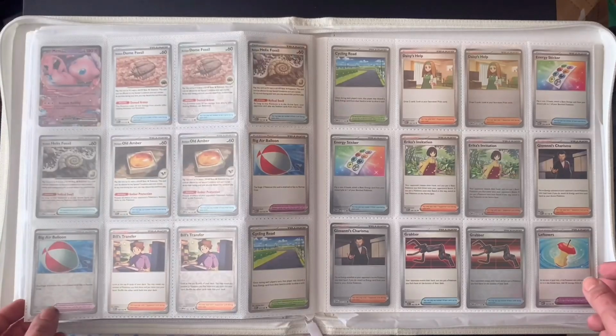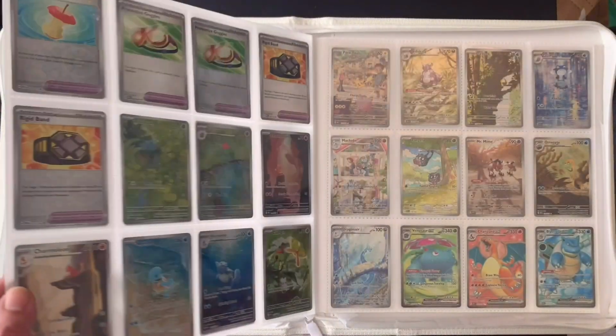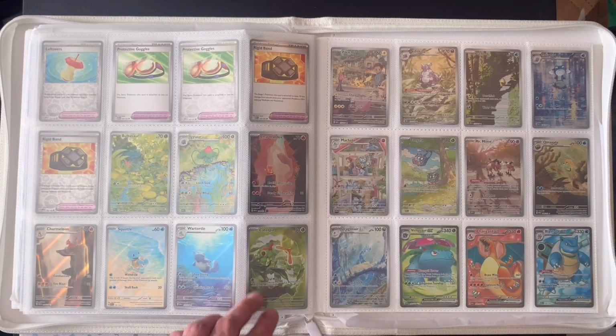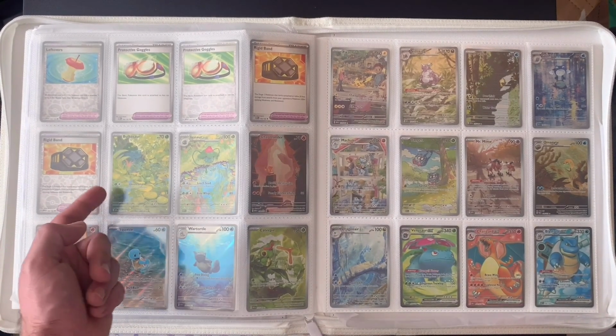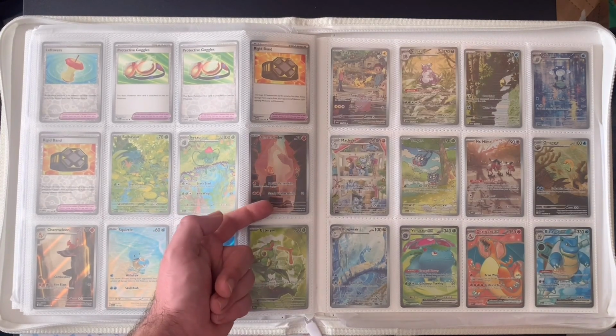Here we move on to the trainer cards. Not much to note, but then we get onto the goodies. As you can see, we've got the whole lot here. So we'll go through the illustration rares first. We've got the Bulbasaur. We got the Ivysaur. We got the Charmander,